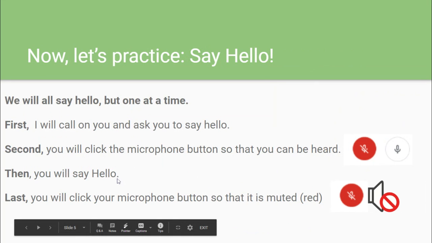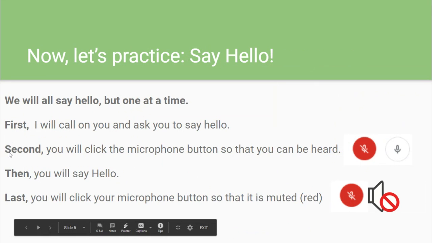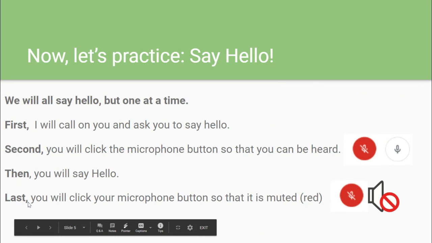Then you say hello. Last or finally, you turn your microphone back off so that it is muted, meaning quiet. Okay, so we use sequence words in this discussion. First, second, then, and last.